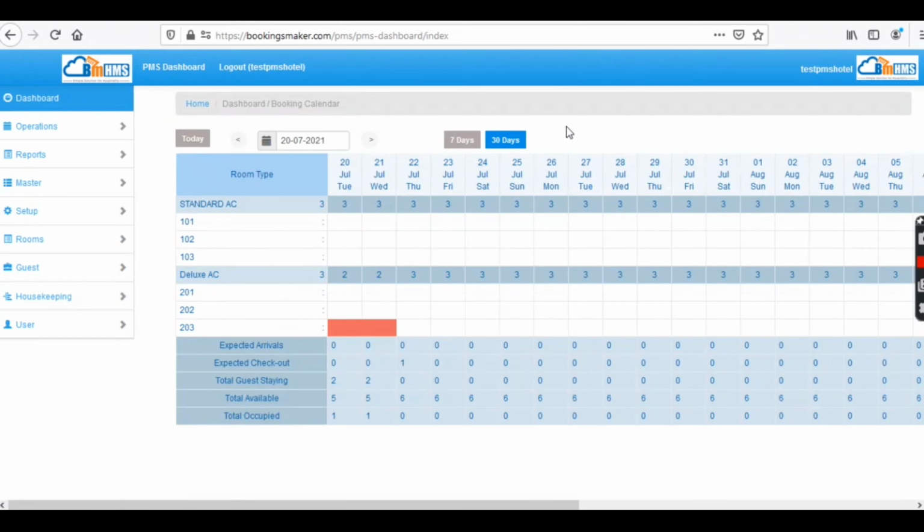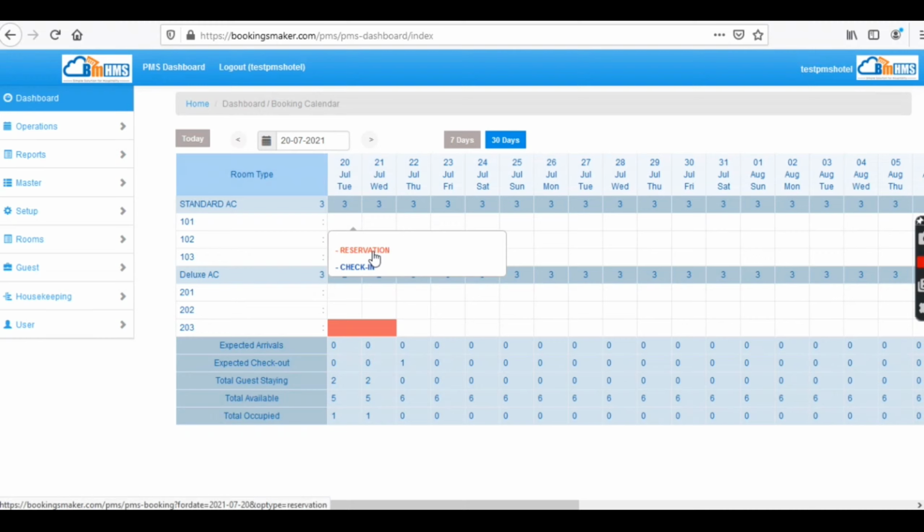Once you log in, you will get the dashboard like this. On the dashboard itself, we can do all the operations. If you would like to make a new reservation, you can do it here itself. And for an existing or walk-in check-in, you can do it here itself. Basically, our logo will come here, your hotel name here, and the logout button here with your username, and your hotel logo will be displayed over here. For testing, we have kept our logo, and you can keep your logo here. It will be printed on your receipts and invoices.